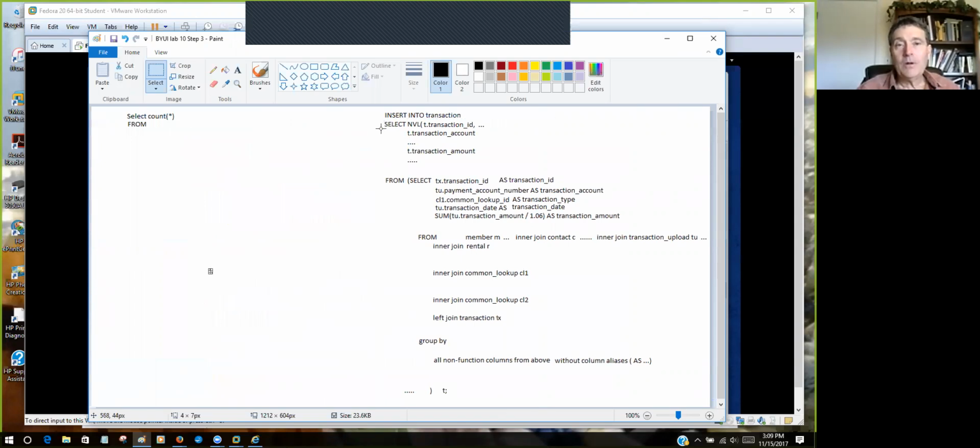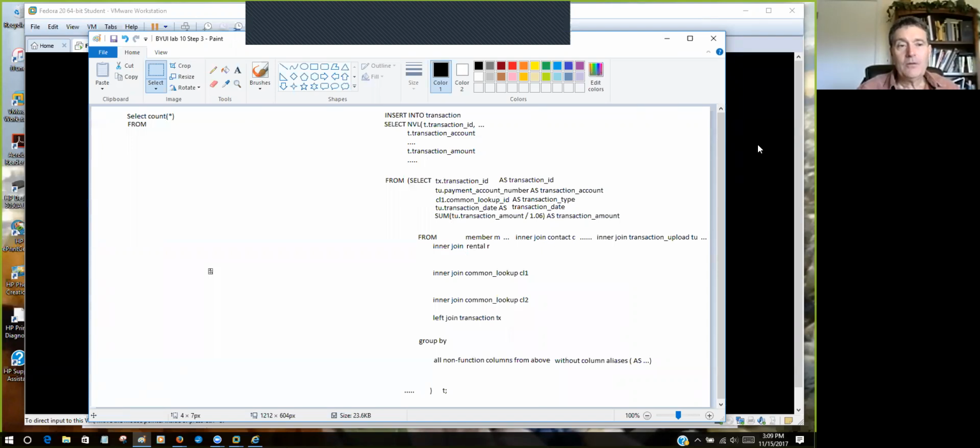So now we'll end up with insert into transaction and then select, and I think we need some parens here for this select. So insert into transaction, now our outer select, our inner select, and we should get 4,681 rows inserted into the transaction table. Okay,